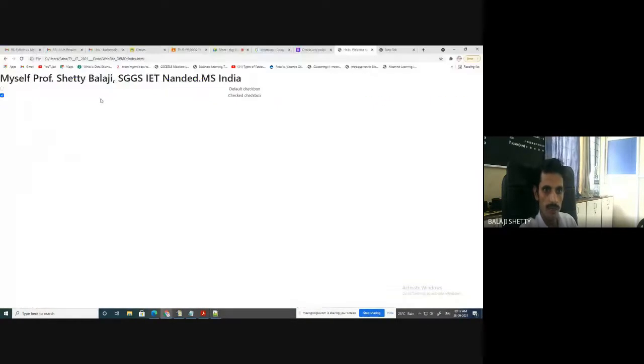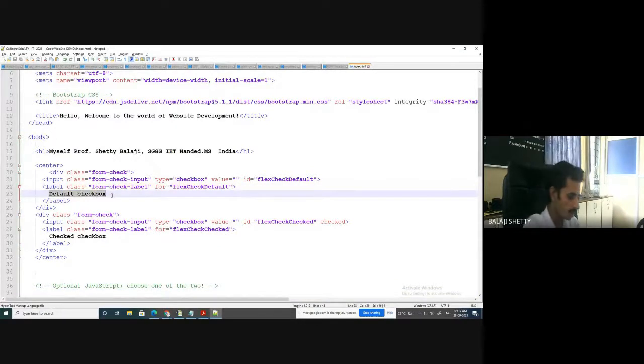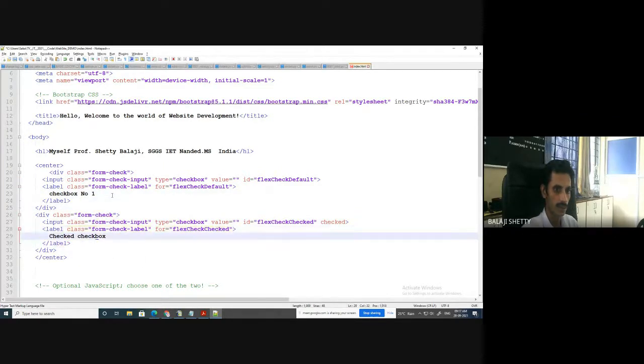And here default checkbox, checked checkbox. So here the label is written here, default checkbox. Okay, I write here checkbox number 1, and here I write, okay, checkbox number 2.